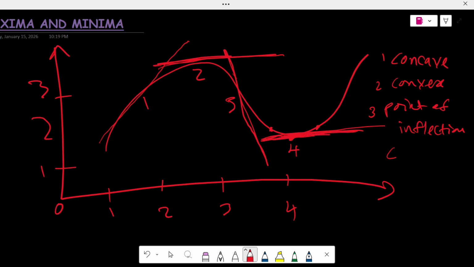So if 2 portions on both sides of a point, let's say 4, are both lying above a tangent, then the function is concave downwards at that point, which is 4 in this case. So here we have concavity,